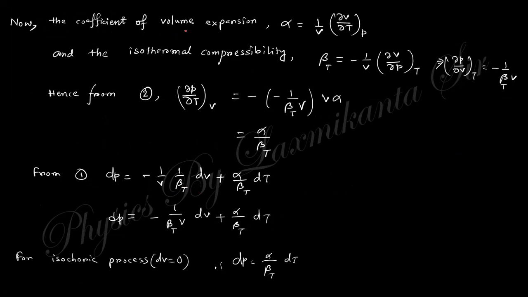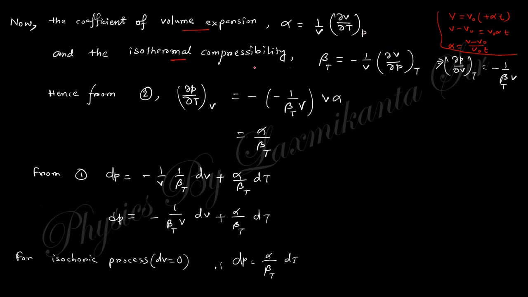Now the coefficient of volume expansion is nothing but 1 by V, that one. So V equals V0 times (1 plus alpha T), like that. So V minus V0 equals V0 alpha T. So alpha is nothing but (V minus V0) by V0 T. So this is written like here: 1 by V, V0 is V, and del V is the change, V minus V0 is the del V, and del T is the temperature change at constant pressure.